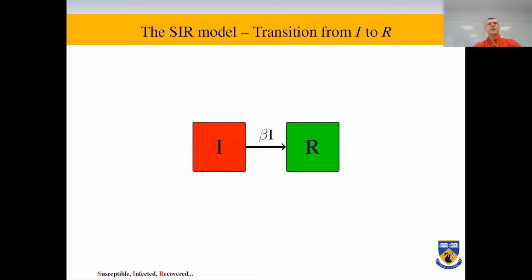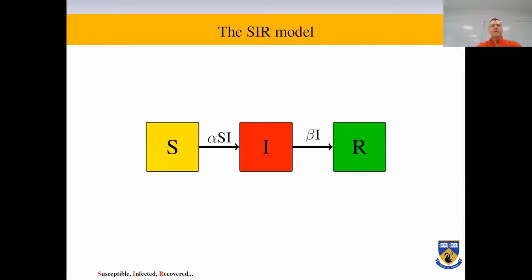Okay, and so I draw this picture to remember that the rate of transition between the infected and the removed or recovered is beta I. And the total picture is this. So at each instant, alpha S I people will move from susceptible to infected, and beta I will move from infected to recovered. Now, this is perfectly fine for most of the people, but